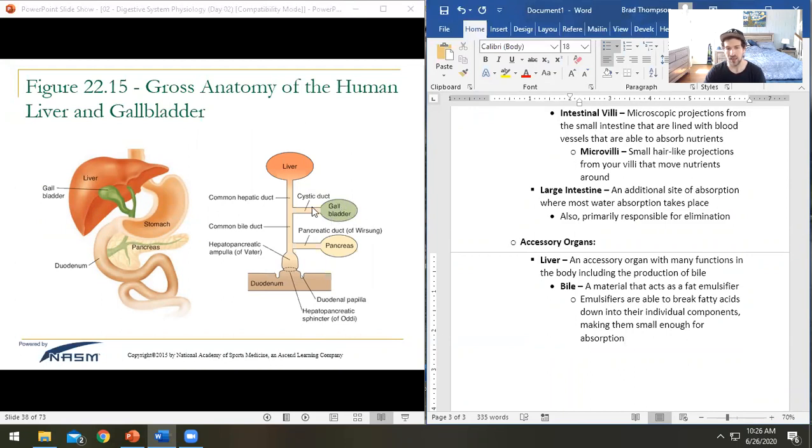And so you've got your liver here and a little duct, and what will happen is it will store bile salts in here. And then whenever you have a super fatty meal, like let's say you go to like,